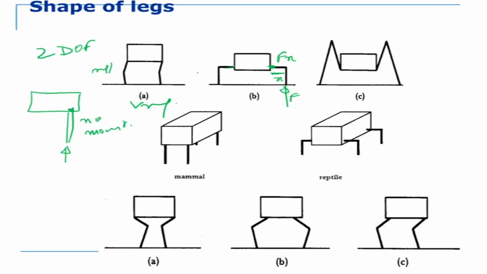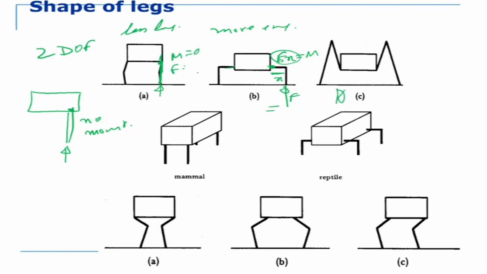In this case, this is my leg, so basically it is here. The force is going straight through that joint, so there is no moment. Moment is 0. Only force is there. Whereas in this case, there is a moment, force into x distance. That's my moment. Which means that this leg must provide a resisting torque such that the body is kept at that position. So it needs more energy. This needs less energy. Why? Because it doesn't need a moment. This one needs a moment.